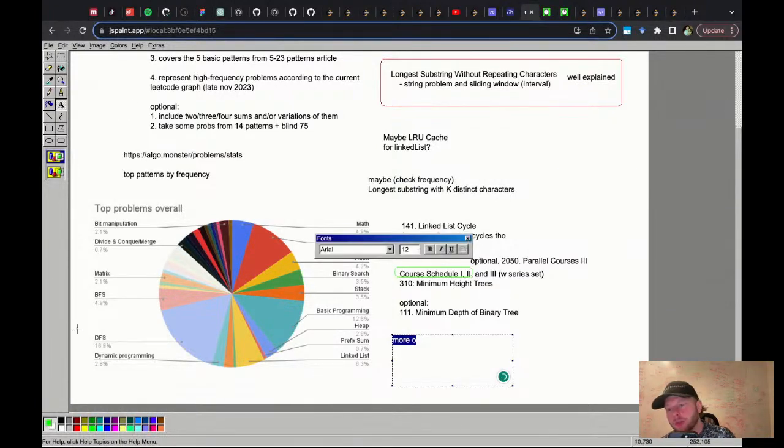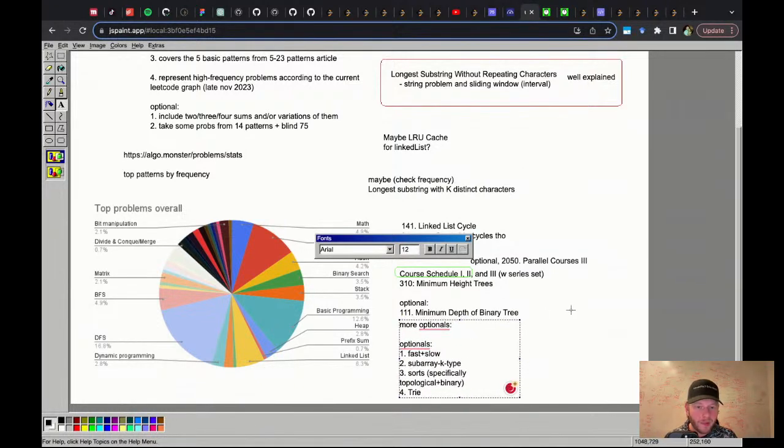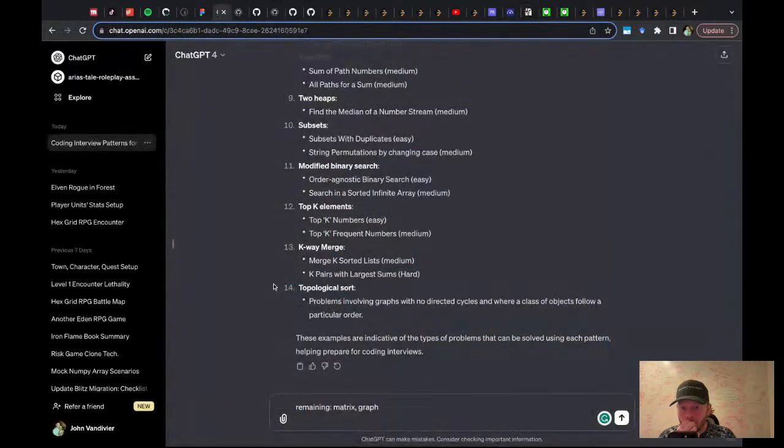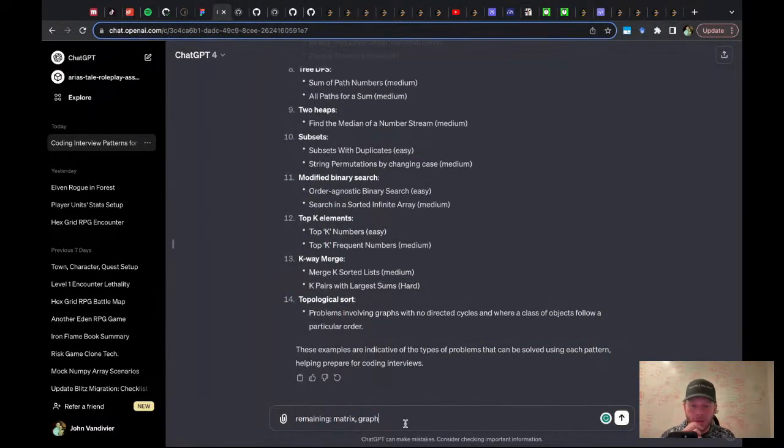Whoa, that is not what I want to do right now. More optionals. Okay. The matrix and the graph.